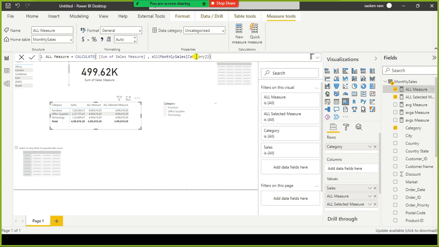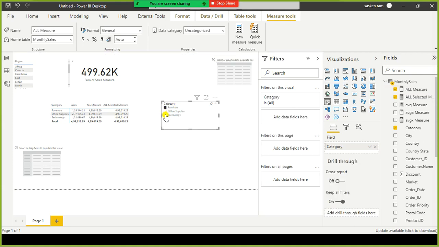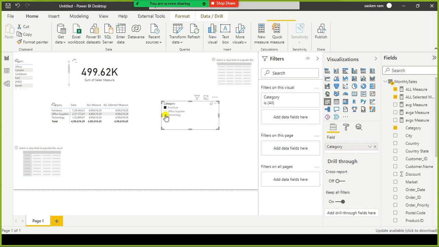For this column category, you ignore the filter and do the total sales. Perform the total sales by ignoring the category column's filter. So here I created a filter or slicer on this category column. When I select furniture, when I select technology,